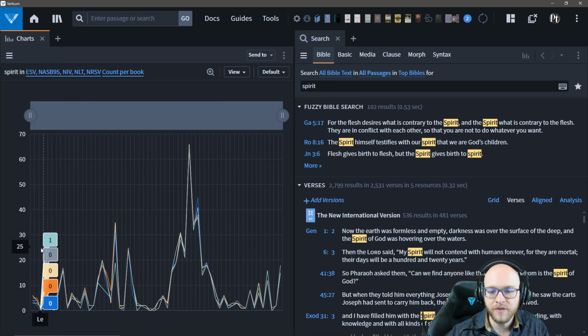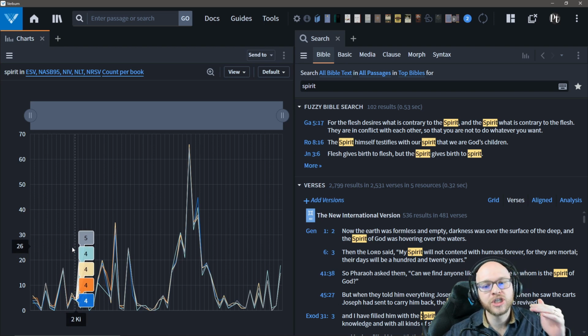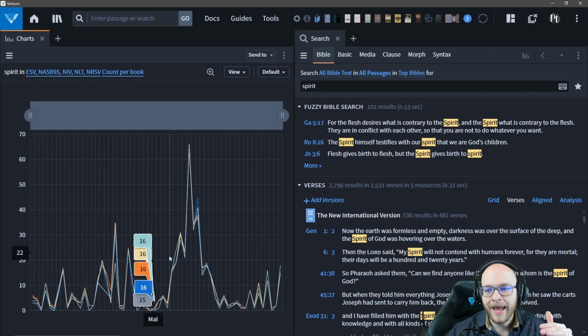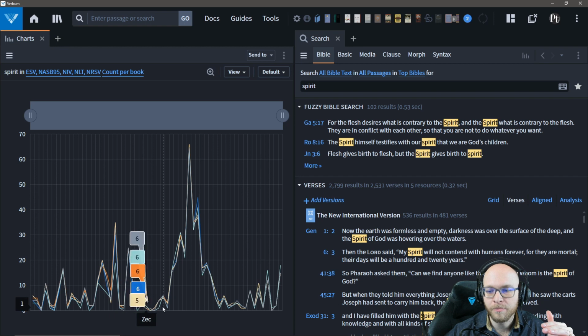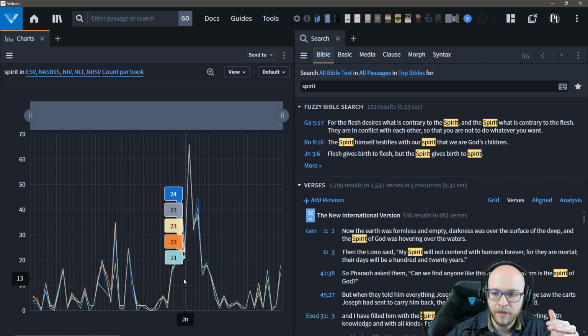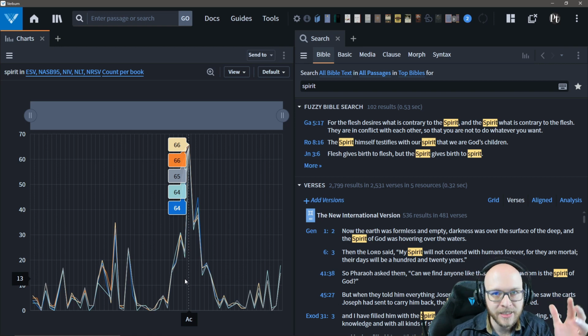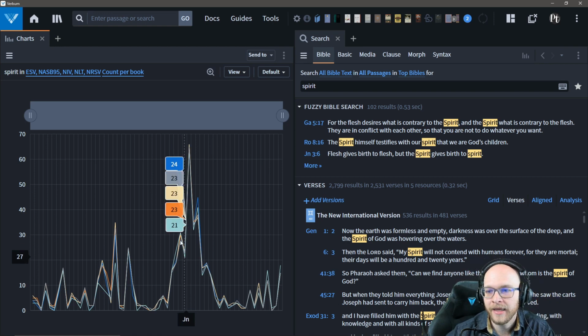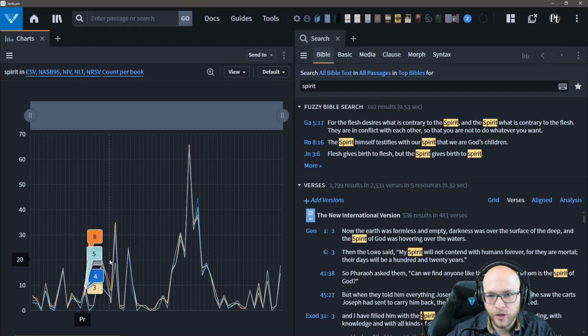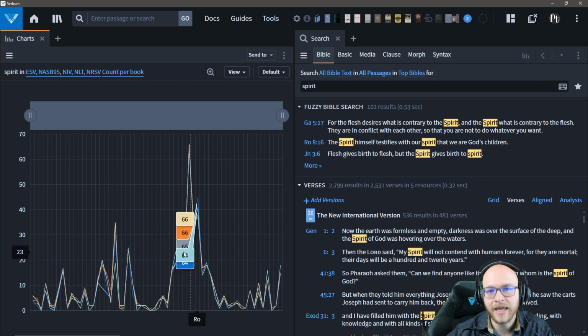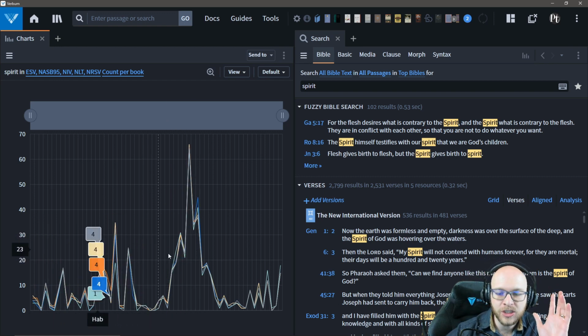These are all of the places in the Bible where the word Spirit is used, and you can see that it's broken down by individual book. So here, this one jumps way up. Look at that giant peak. What book is that? Of course, it's the book of Acts. The word Spirit is used 66 times, at least in the NIV translation, in the book of Acts. So you have all of these opportunities to look at each of these translations, and this chart I really like